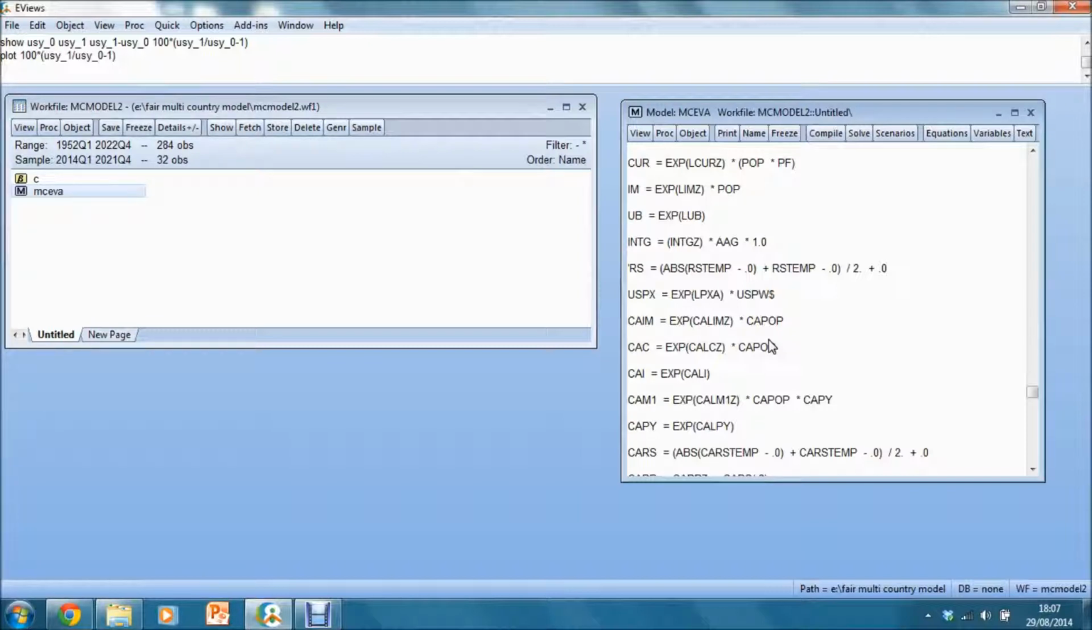But before I solve it, I've got to create some values for the interest rate for my solution period. And in fact, because lags occur in the model for the short-term interest rate in several equations, I'm going to have to create exogenous values for it for a period before the model solution as well as the model solution period itself. So first of all, I'm going to reset the sample here to 2013 quarter 1 to 2021 quarter 4,